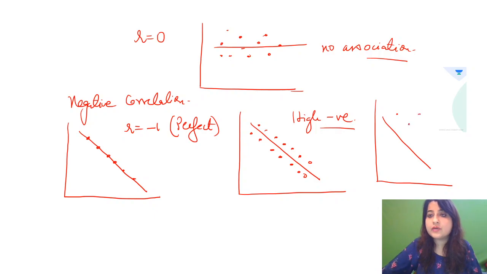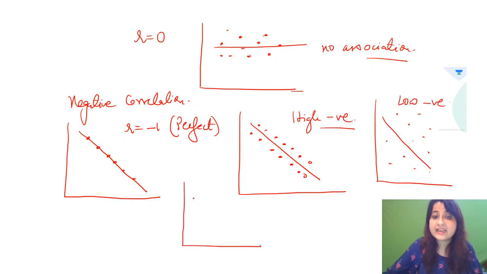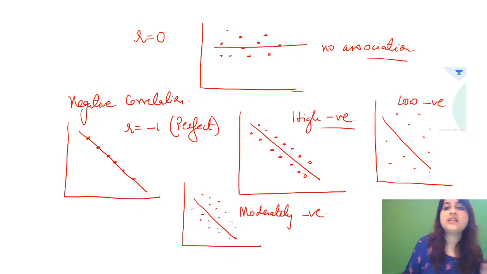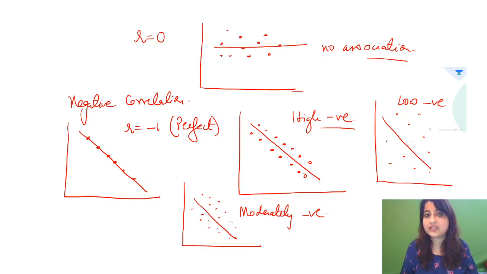Then you could have another one which is low negative. Again, the slope is downwards, but the dots could be scattered like this. Okay, so this is what? This is low negative. If we have to talk about a moderately negative, the dots would be scattered like this, but they would kind of be closer to the central line. Okay, so this is moderately negative. The values are going to remain the same. If it is more than or equal to -0.7, it will be high negative correlation. So do remember these figures when we try to make an interpretation.